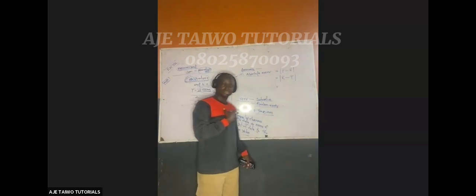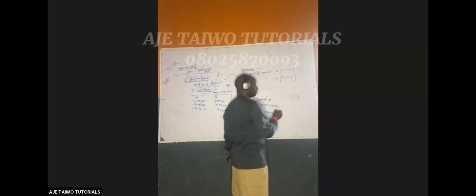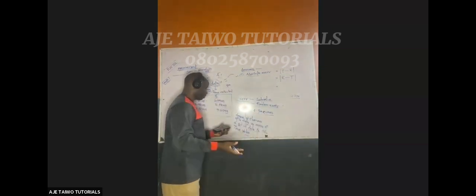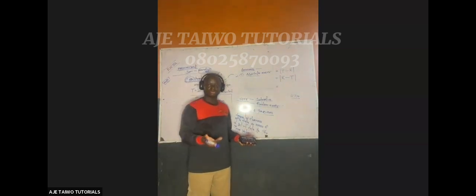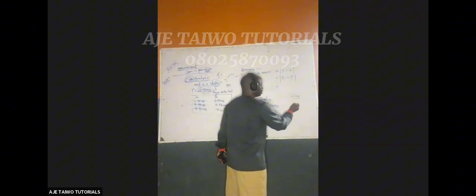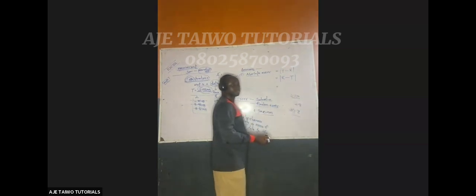Me, I know the length of the board as 3.2 meters. That's the length of my board. I know it. Since I bought the board, I know the length. And I ask you, measure the length of the board. You give me 2.8. Somebody gives me 30.8, instead of 3.2, that is the answer.